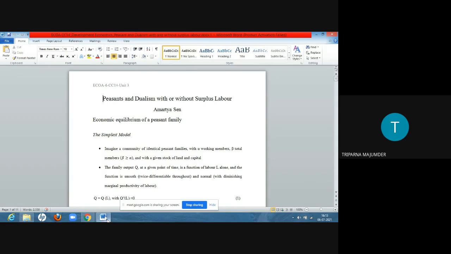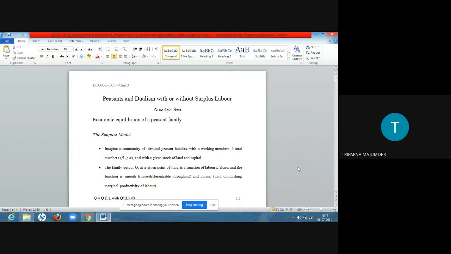Now, I hope all of you have downloaded the article. As I told you, you can download it by logging into your Enlist account and going to JSTOR and typing the name of the article, which will give you the article itself. You download the article and have a look at it. I have prepared a simplified version of the main article for your understanding.